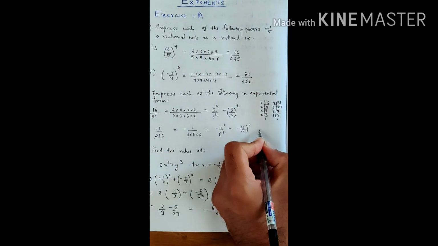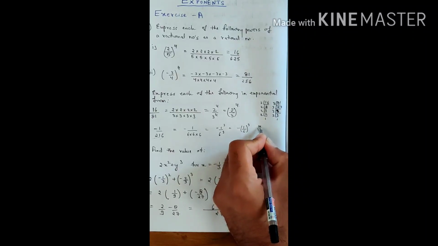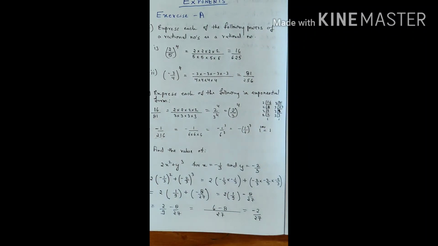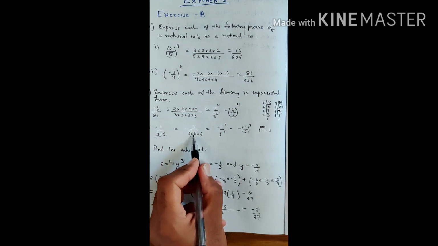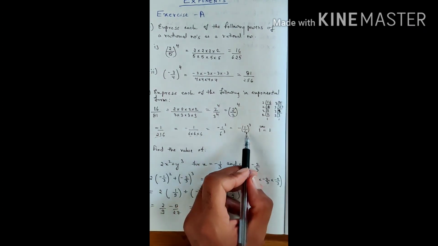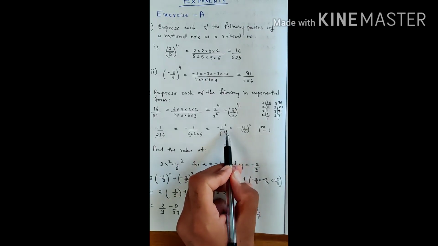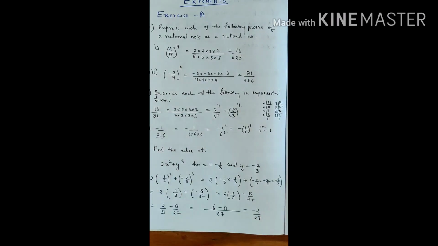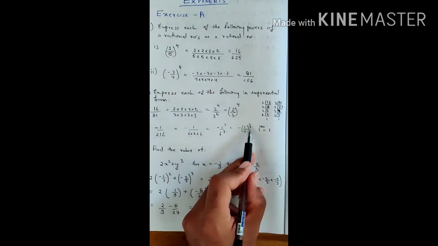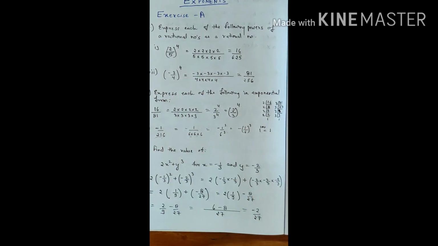So see, I'll show you over here also. It will give you the result as 1 only. You put any power on number 1, the result will always be 1. Here 6 is 3 times, that is why we have written 6 to the power of 3. Since both have the same power, your answer will be 1/6 raised to the power of 3, and the negative sign will be here.